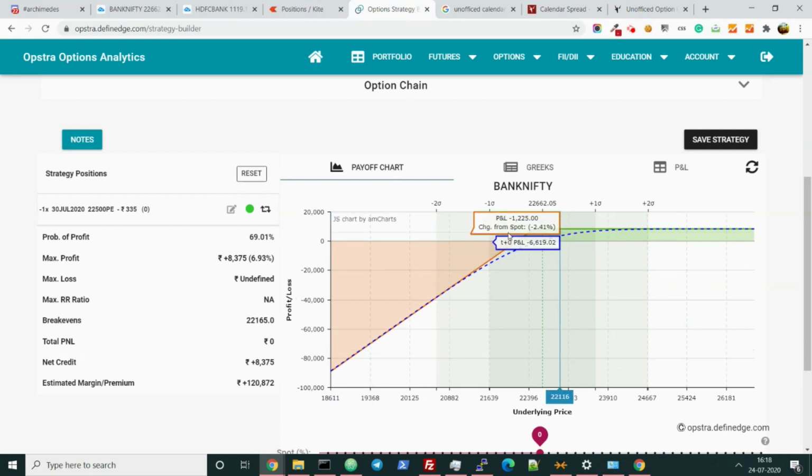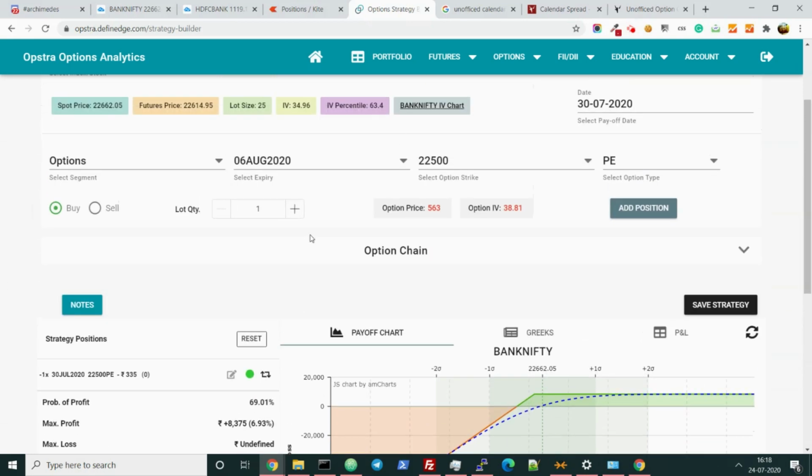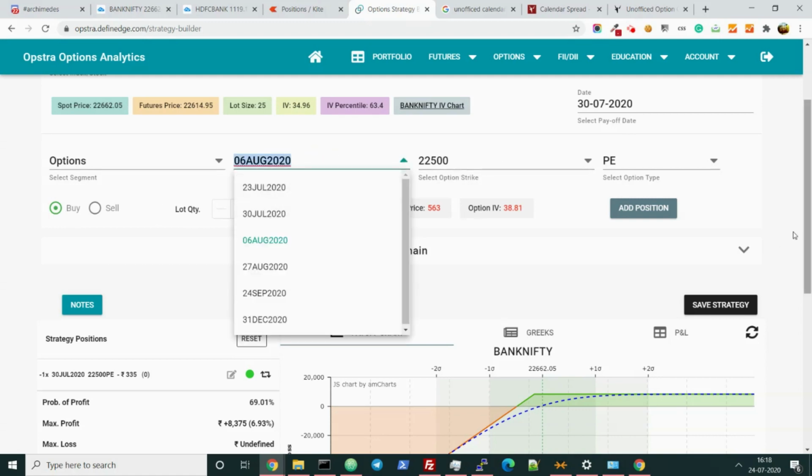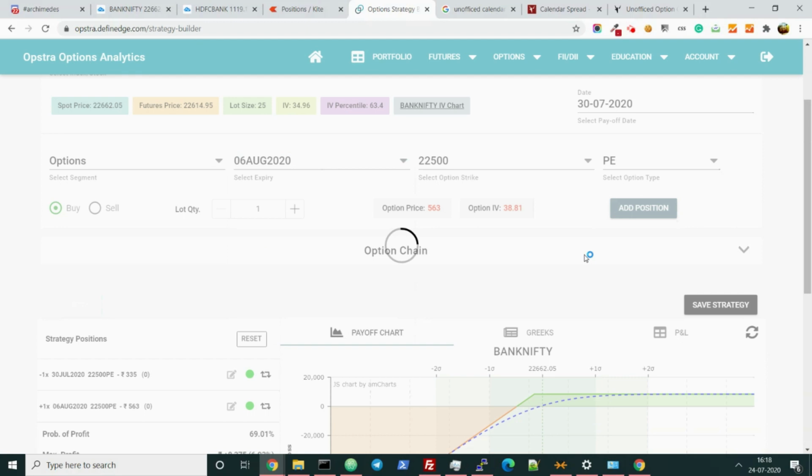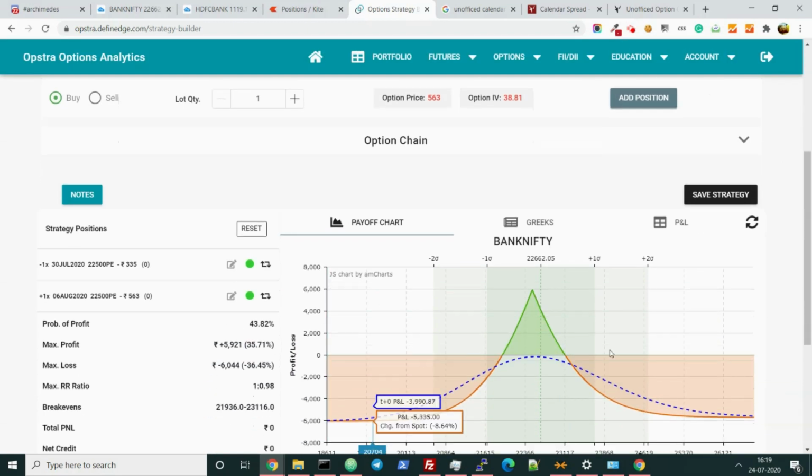So just selling will create a graph like that, and the buying will create a graph like the opposite one. Okay, let me add it back. When you are combining both of them, it will look like this, and the risk to reward will be 1 is to 1, 6,000 profit to 6,000 loss, and the range, if you do not know options, will be mostly 1,000 points. If you do the ATM one, see, 22,000 to 23,000, right?